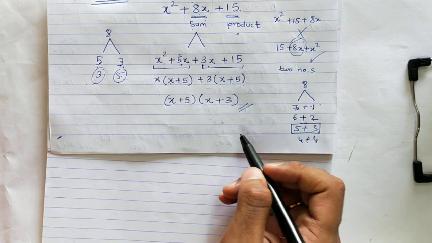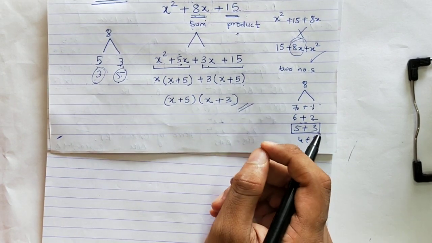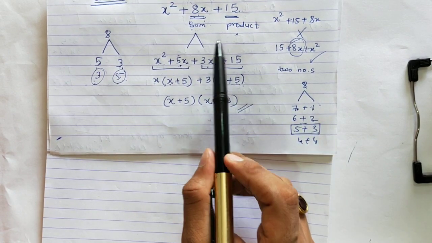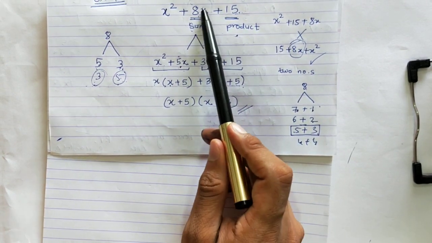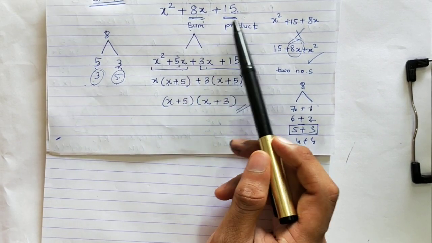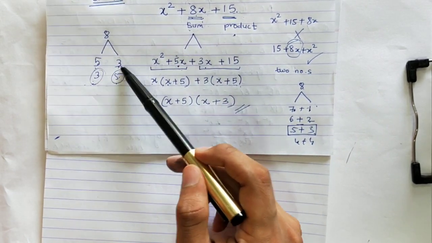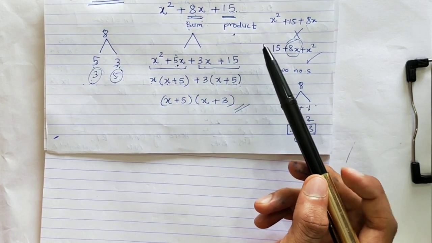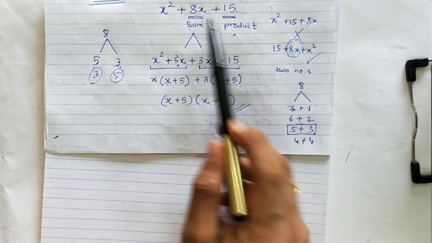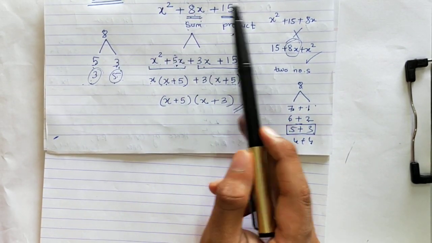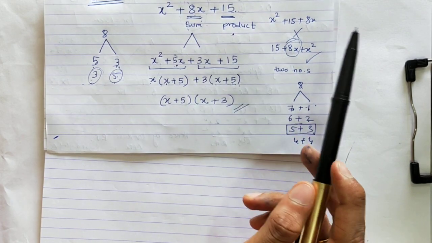I hope you have understood the sum. If not, just quickly rewind the video and watch the last 4-5 minutes once again. Okay. The middle number should be the sum. You have to split this middle number. Okay. And when you multiply these two numbers, you should get the constant. This is the variable. Okay. Now the things will change when you will have a negative sign. When you have some number here, we'll understand what is that. But this is the basic part.